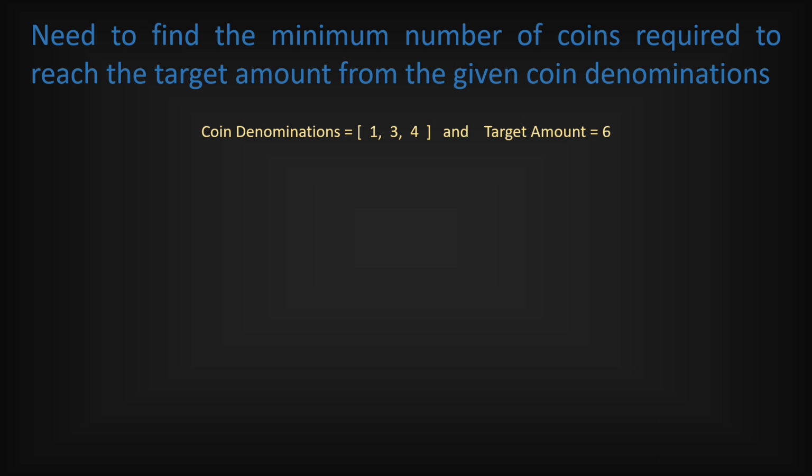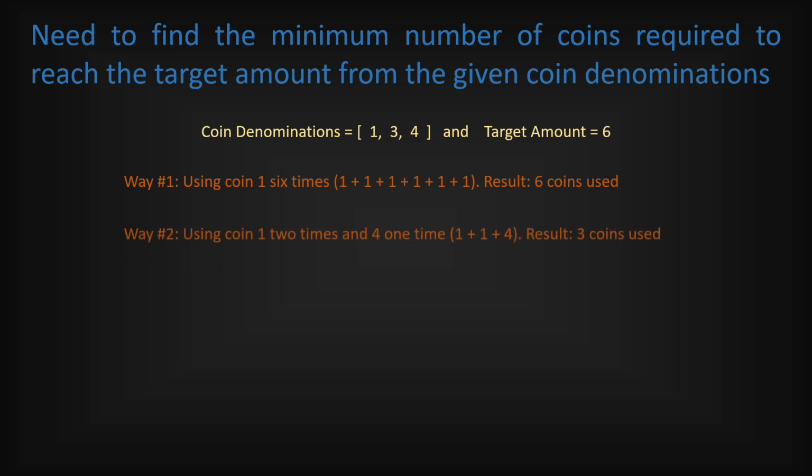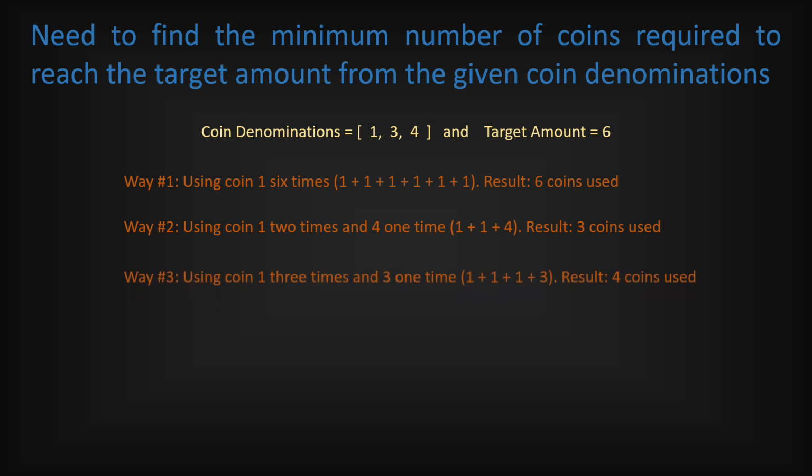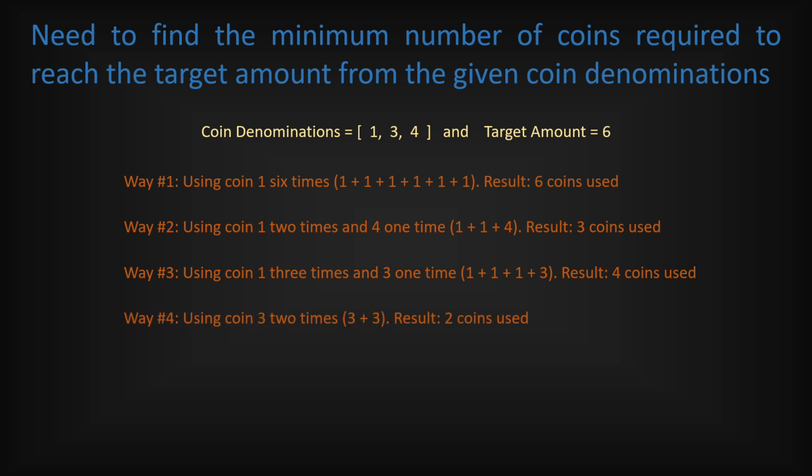So, we can make 6 in the following ways. Way 1, using 1 6 times, used total of 6 coins. Way 2, using 1 2 times and 4 1 time, used total of 3 coins. Way 3, using 1 3 times and 3 1 time, used total of 4 coins. Way 4, using 3 2 times, used total of 2 coins. Out of all these ways, the best is way 4, where we used only 2 coins to achieve the